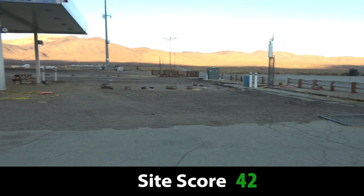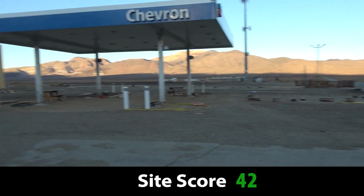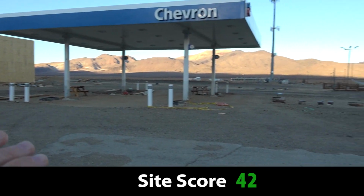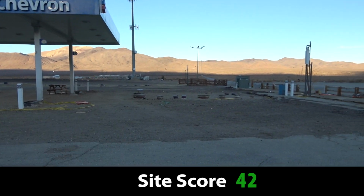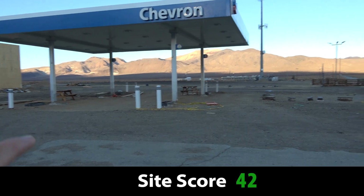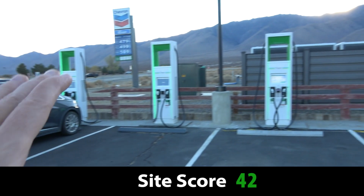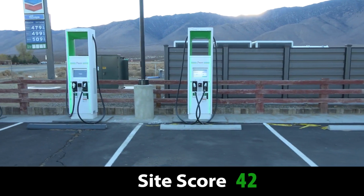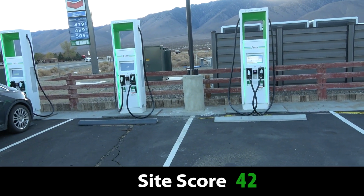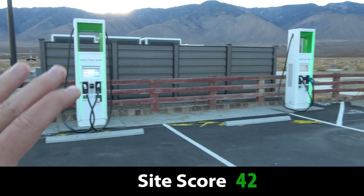They're still doing construction here, so I don't know if there's an opportunity to tap into that. Electrify America has done sites before. Just the Barstow site that I reviewed recently had chargers on one side of the parking lot and chargers on the other side of the parking lot. So perhaps Electrify America could see this as an opportunity with that construction to maybe add a few more chargers